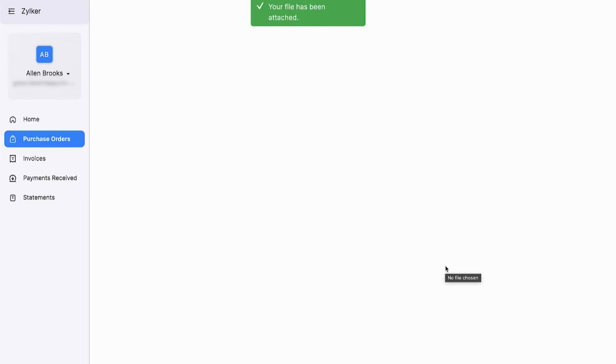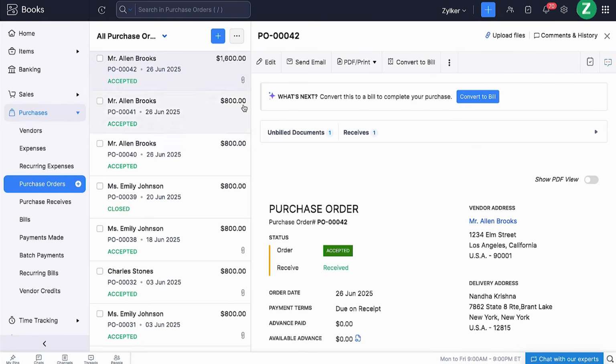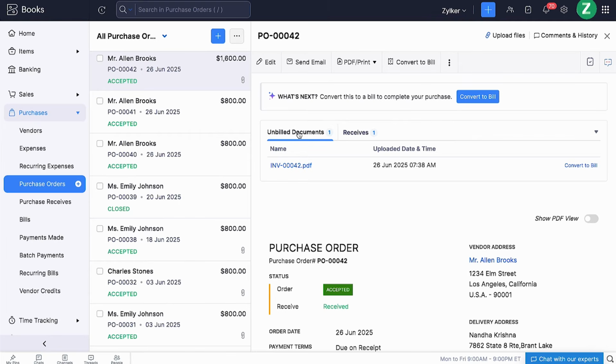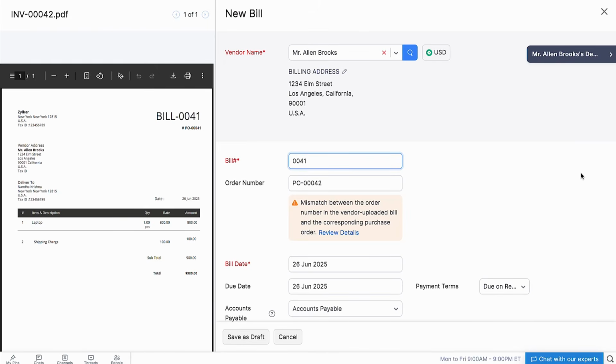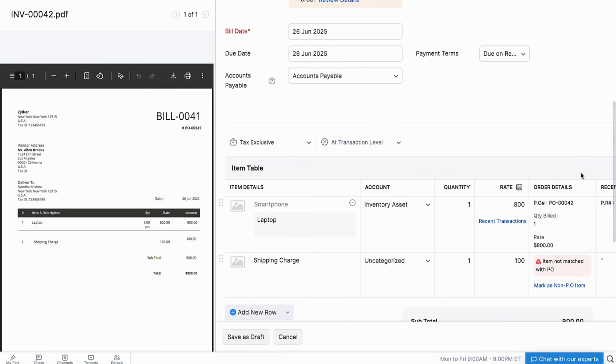Once they have uploaded the invoice, the bill will be uploaded against the respective purchase order in your Zoho Books organization. Note, the invoice uploaded by the vendor will be a bill for you. Click Convert to Bill adjacent to the unbilled document. You'll be redirected to the new bill page. The system automatically fetches details such as the bill number, purchase order, item details, its quantity, and the rate per